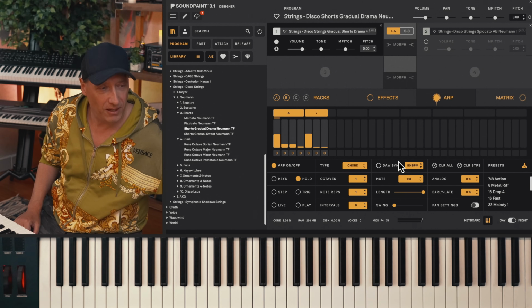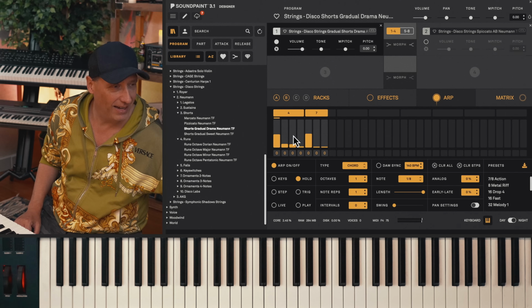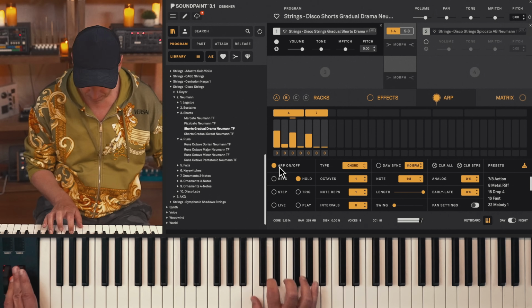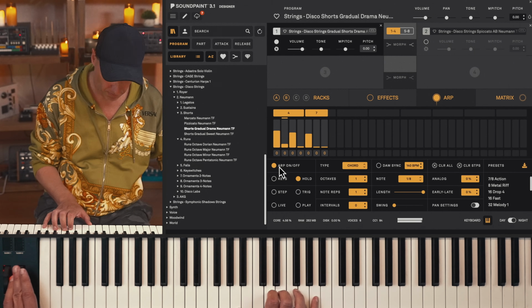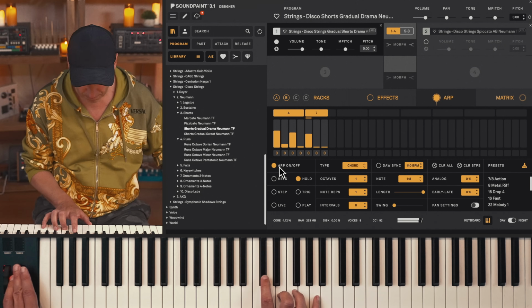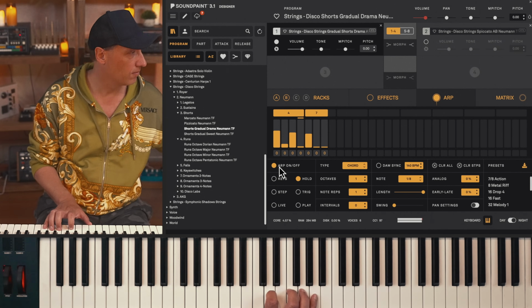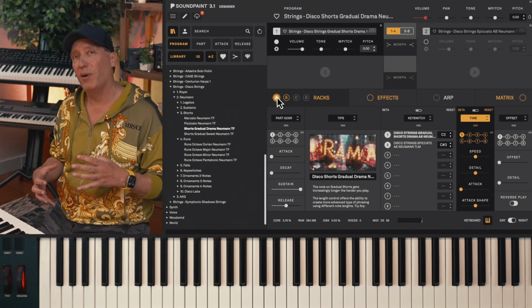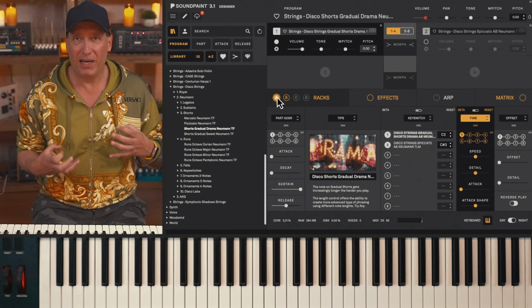But let's try to amp it up here. Let me go to like 140 BPM here, and let's do like a 7/8, like classical, like Simmer-esque rhythm. Now, this is one style of what we call gradual shorts. This one is our gradual shorts drama that we just listened to, so it has an enormous amount of energy.